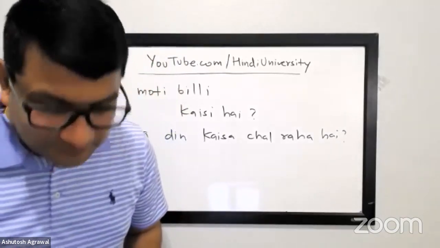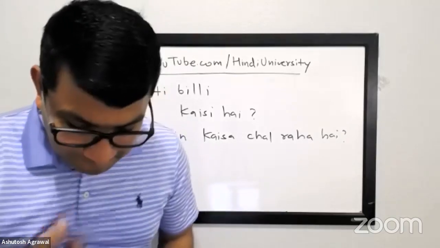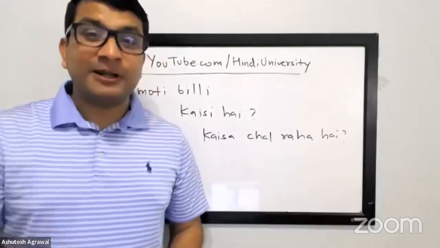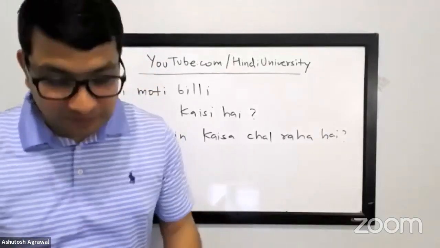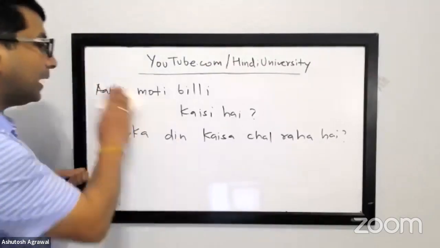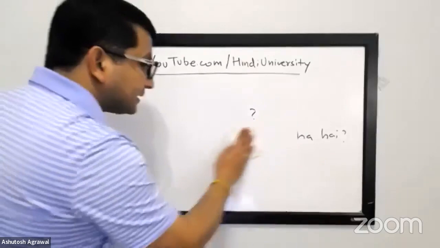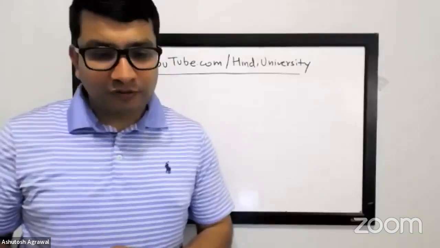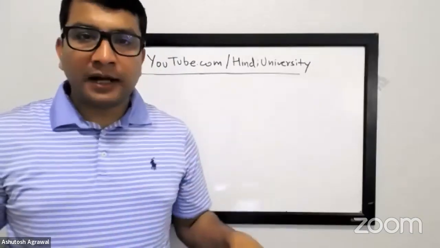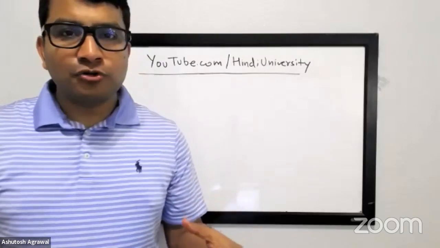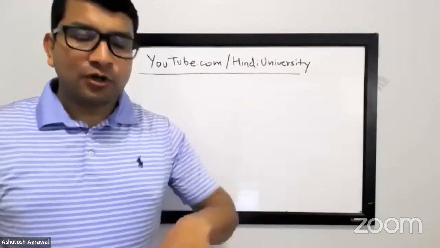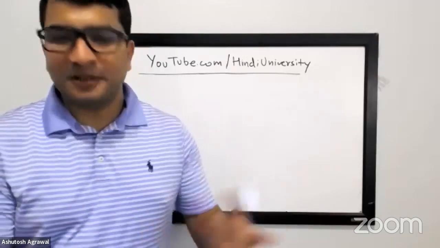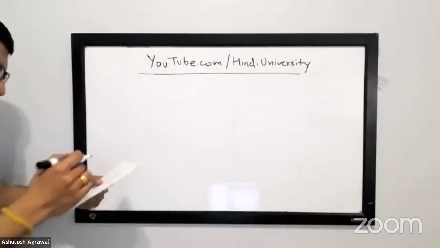I think you already said for this one. I don't have any. My brain is blank. Okay, it's okay. Let's do a word cloud, because sometimes when I put you on the spot, nothing comes to mind, right? That's a normal thing. So I'll let you figure out whether it is kaisa, kaisi, or kaise. But I'm going to put a list of a bunch of nouns in front of you. First we will do that, and after that I want each of you to pick a name, and you have to ask the person, whoever you want, about something about them. Okay, so this is the word cloud exercise.